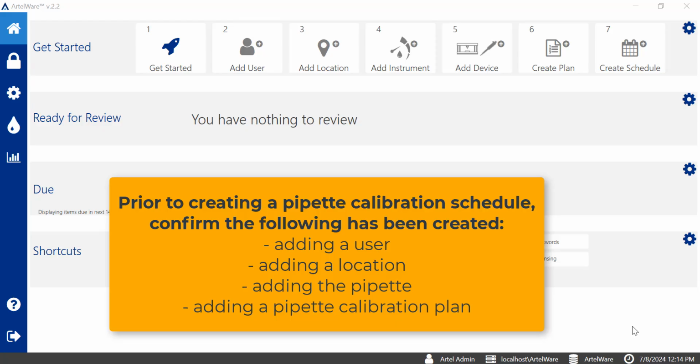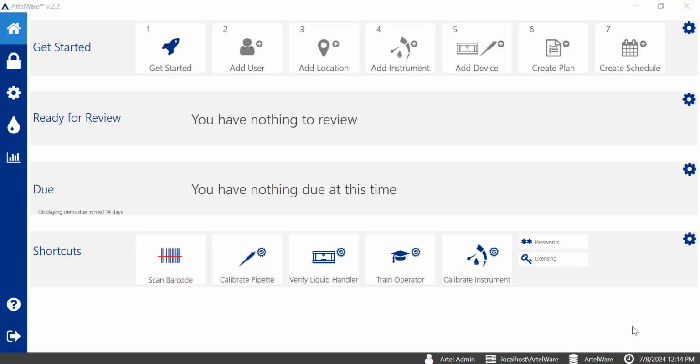Prior to adding a pipette schedule in ArtelWare, several other tasks should have been completed before now: adding a user, adding a location, adding a device, namely a pipette, and creating a calibration plan. If you haven't performed these steps, go ahead and go back and do them now. But if you have performed these steps, let's go ahead and talk about how you create a pipette calibration schedule